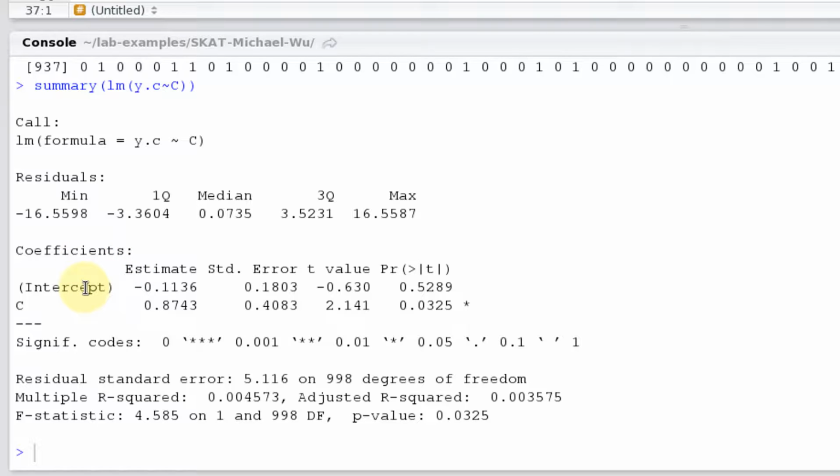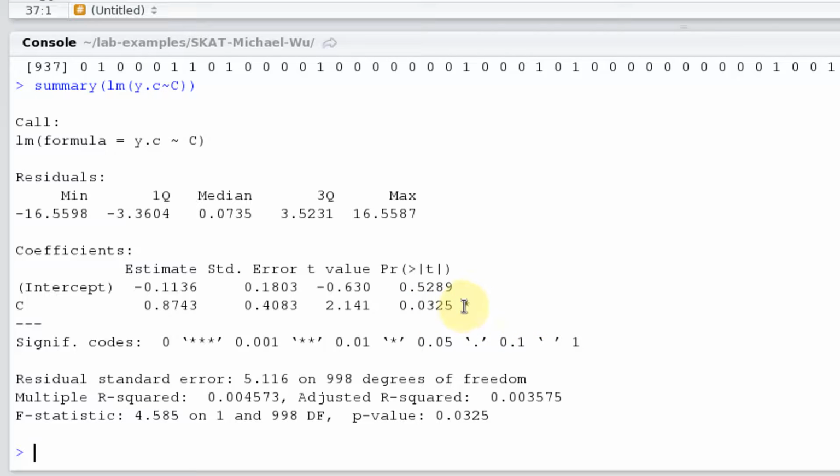So the first column tells you the variable name. So this is the intercept in the model. And then this is the variable c, our collapsed variable. And then for each of these, we have the regression coefficient, which is the estimate. We have a standard error on this estimate, a corresponding t-value, a t-statistic, and then the Pr(>|t|). This is actually the p-value for each of these variables for their association with the outcome. And so in this case, we get a p-value of